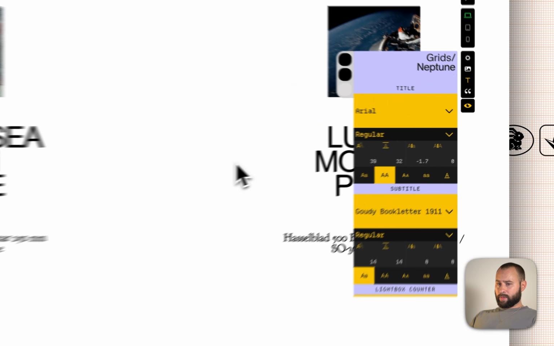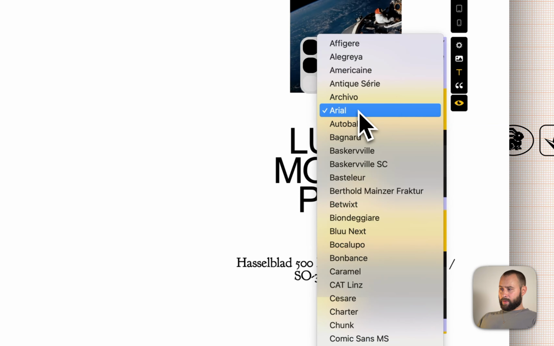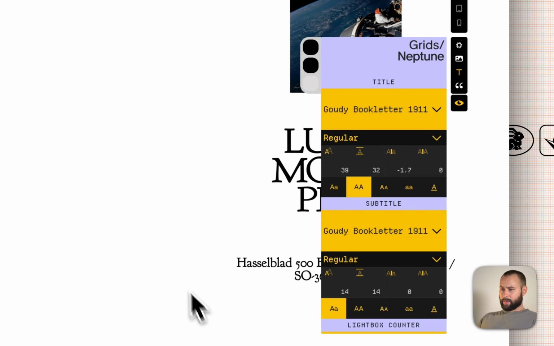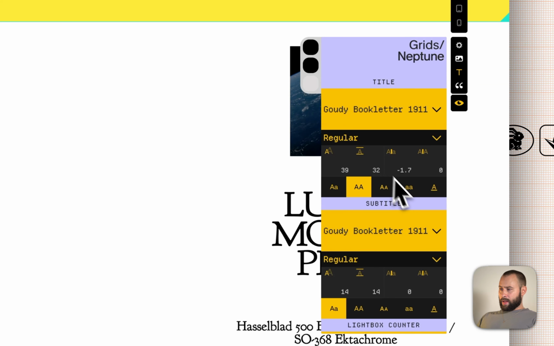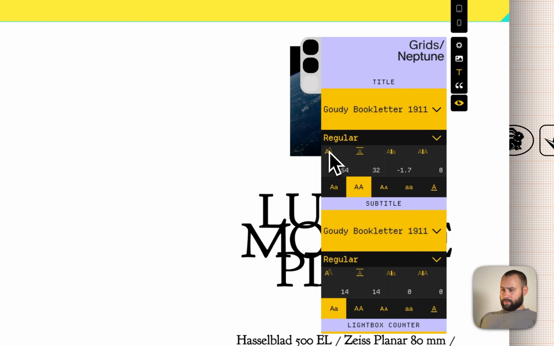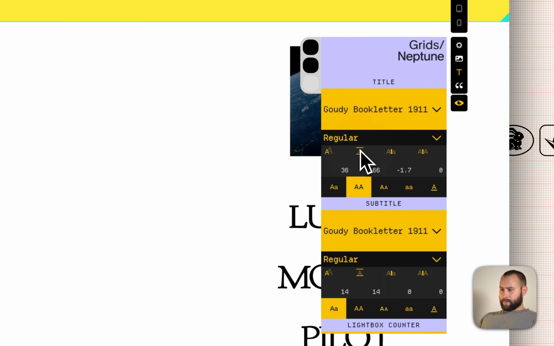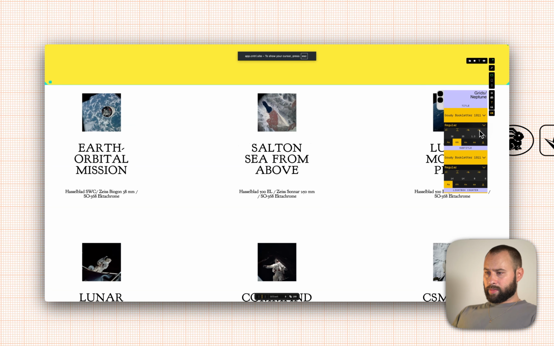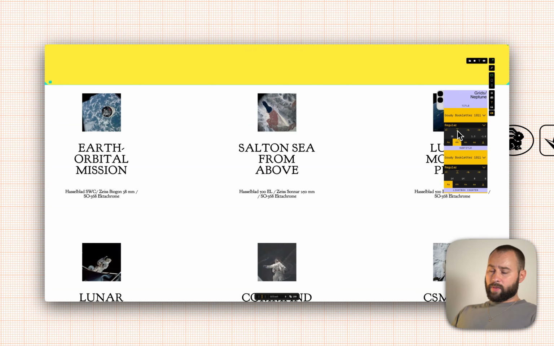For type, very simple. You can choose your typeface to be wherever you want. I like this one, for example, just like that. And you can select your type settings. Those should be pretty familiar to you. Word settings, word spacing, and you can select type styles. And also what's cool about this one is that you can right click, like you can select the style here,